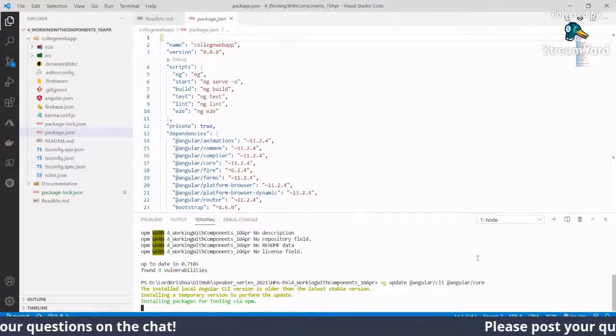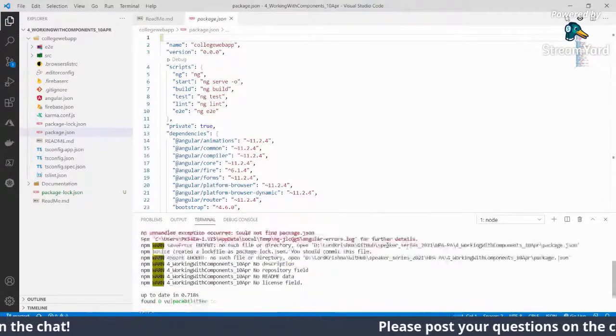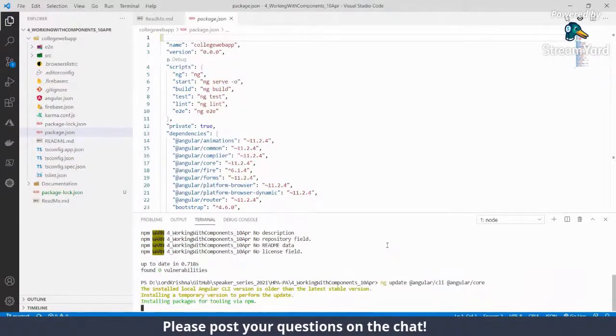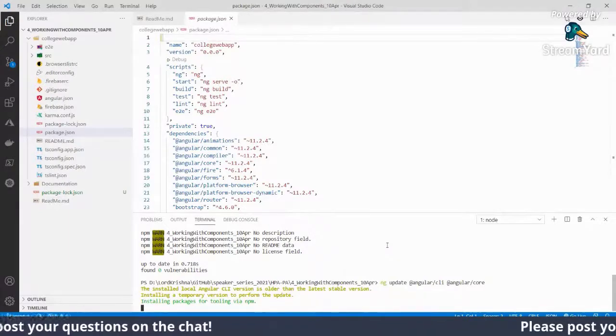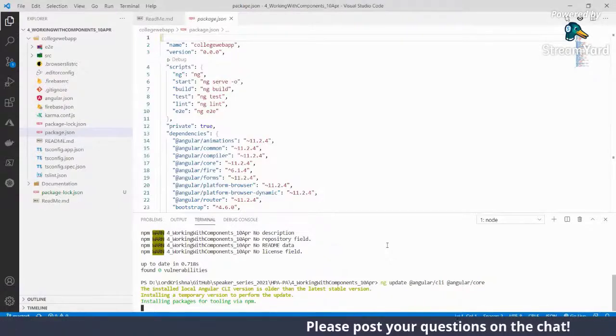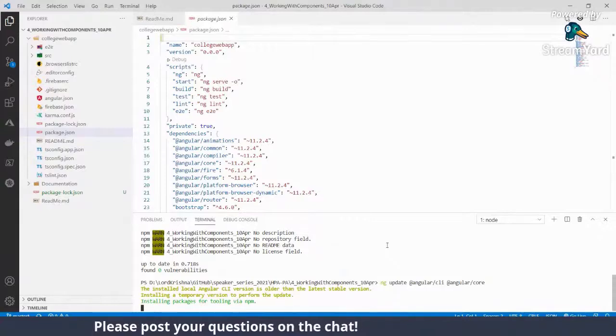It's older than the latest version. Let it install. If not, we'll proceed with the same version. We're not using any specific feature of the latest version, but just thought of updating it so that we'll be using the latest one. So we'll see what other changes.